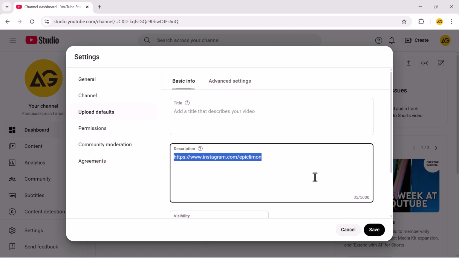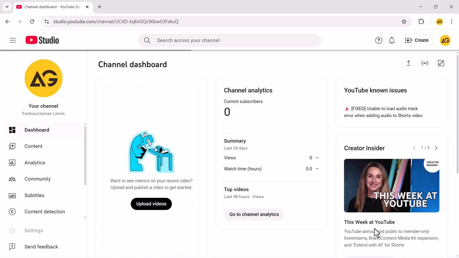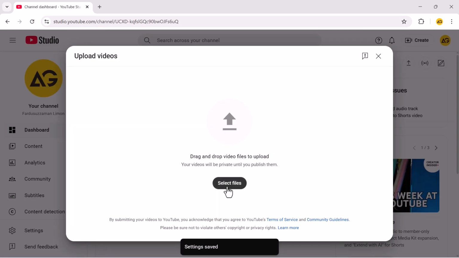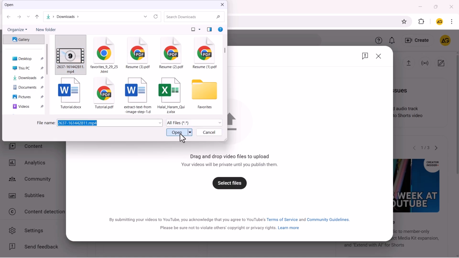Make sure to include the HTTPS part, otherwise they won't appear as clickable hyperlinks. For this example, I've added my Instagram page. Once you're done, save the settings. Now, whenever you upload a new video to your channel, your social media links will automatically appear in the description